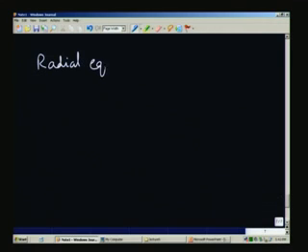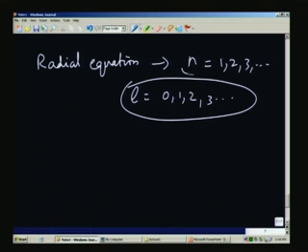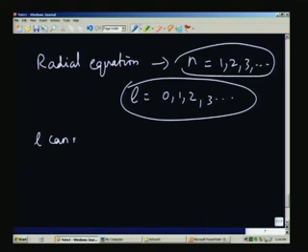The radial equation comes up with a quantum number requirement n, which is 1, 2, 3, etc., and an L which is 0, 1, 2, 3, etc., but since the L is part of the radial equation coming from the theta phi, L cannot be arbitrary,